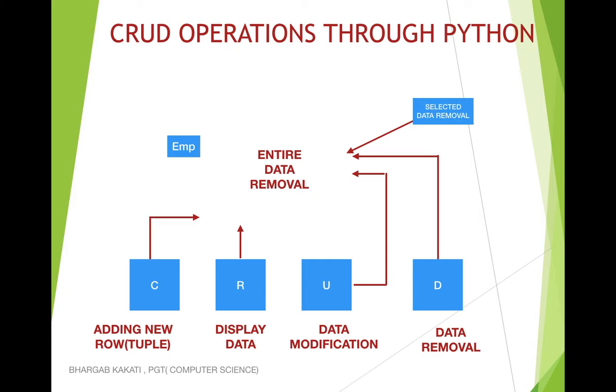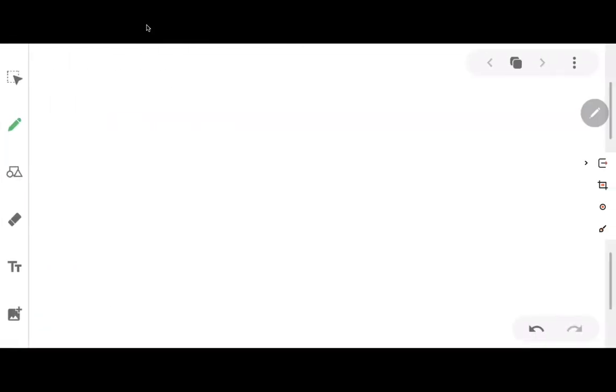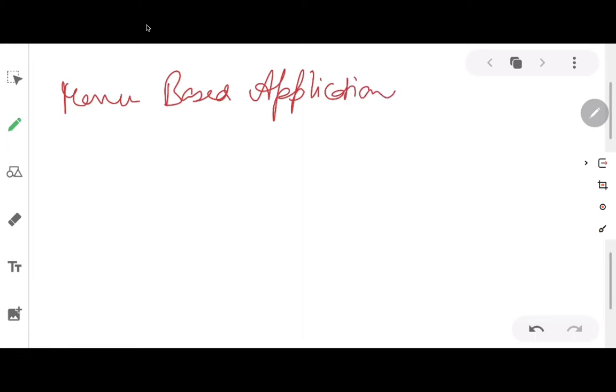So we are going to write one Python program which will have all these operations together, and therefore it can be called a database application. Let's see how we will go about this application. We will create a menu based program. What type of application will we do? We'll create a menu based application. In the menu based application, we'll give 4 options. First will be for C, which says insert data. That means if a user presses 1, he will be given the option of inserting data into an existing table.